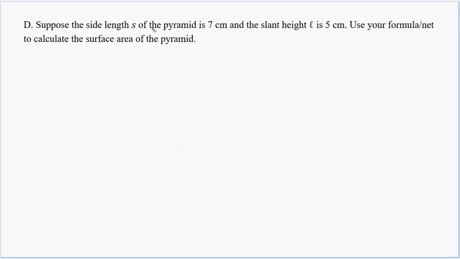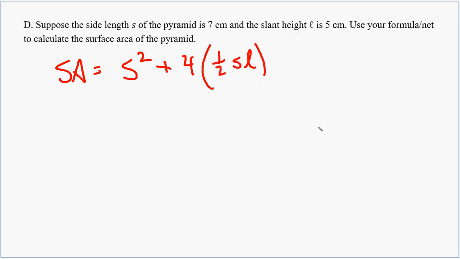Now, suppose the side length S is 7 and the slant height is 5. Use our formula to come up with the surface area. So I'm just going to rewrite that. What was it? Surface area equals S squared plus 4 half S times L. So S is going to get turned into a 7, so this becomes 7 squared plus 4 times, and now